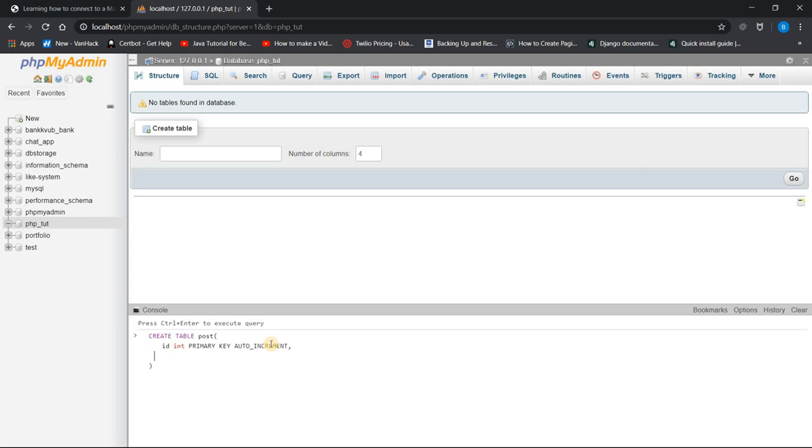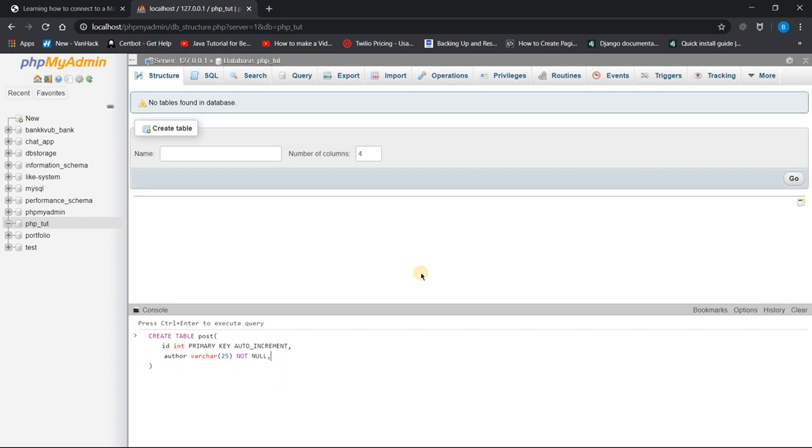The next thing I'm going to do is the author of the post, in lowercase, and it should be varchar. Remember, it doesn't matter if you write the data type in upper or lowercase. So I'm just going to write this in lowercase, and the author shouldn't be more than